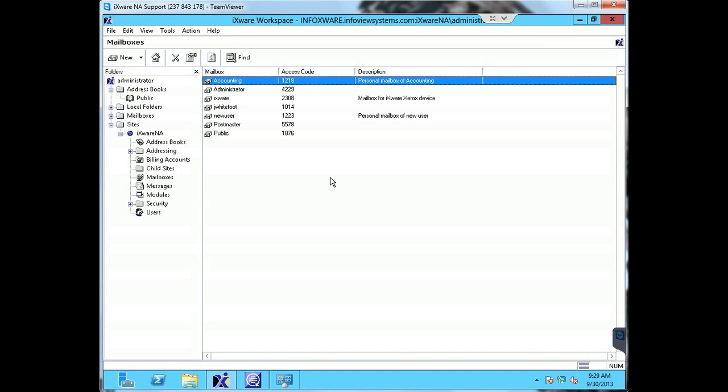So adding a Windows printer to iXware gives you some additional flexibility when you're choosing routing rules. So not only can you print a message to Xerox MFD, but you can also print to any standard Windows printer in your